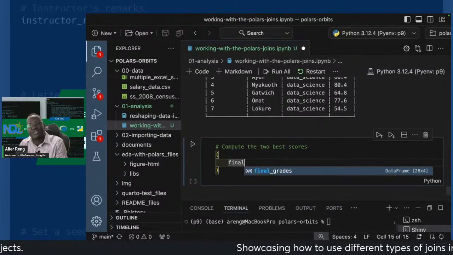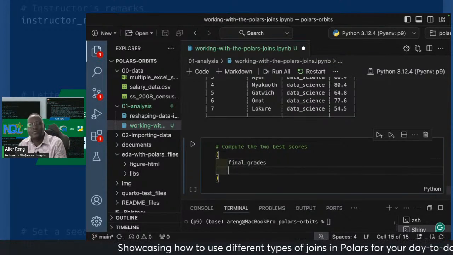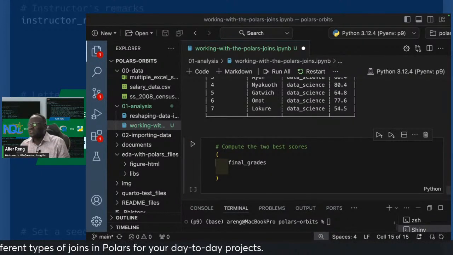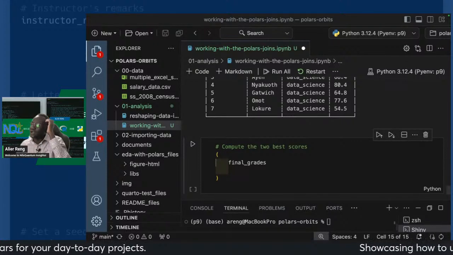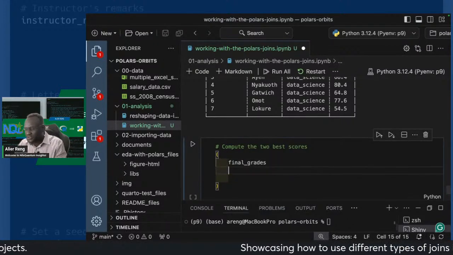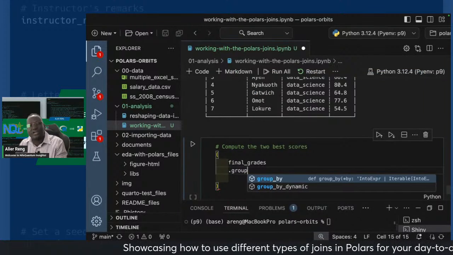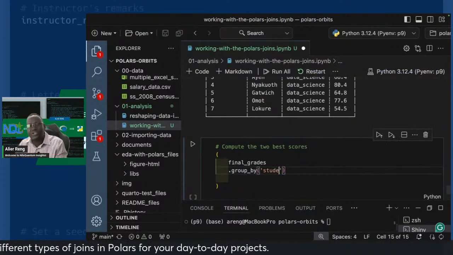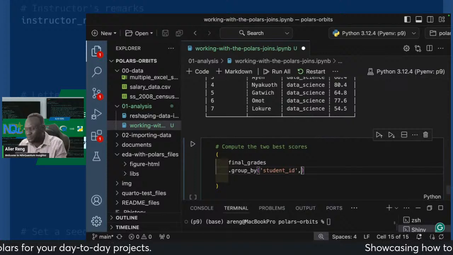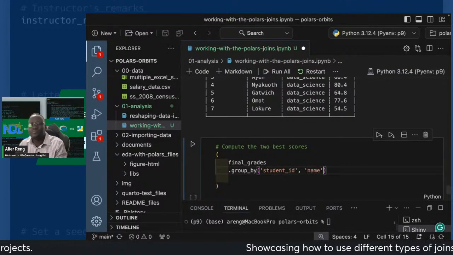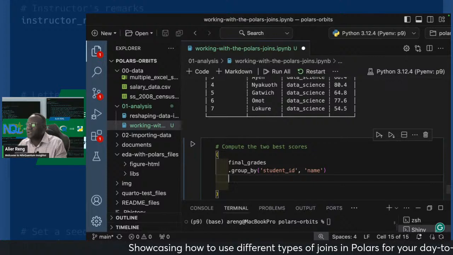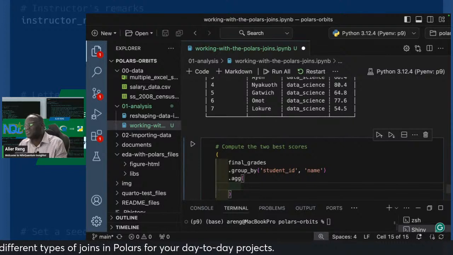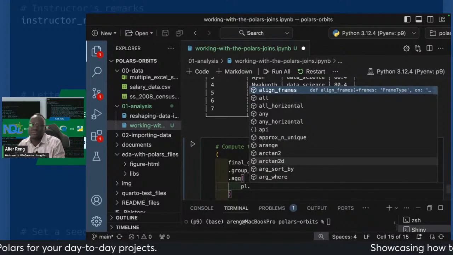So we take the final grades, oops, sorry. We take the final grades, and then we are going to group by. Here we have a choice. We can group by, and we will group by both the student ID and name, and then we will call the aggregation method, and we want all, pl.all,